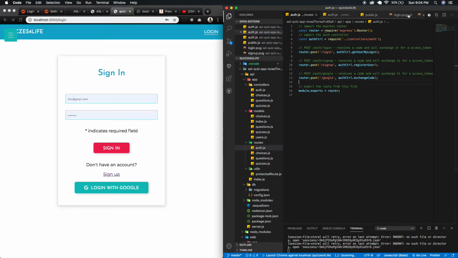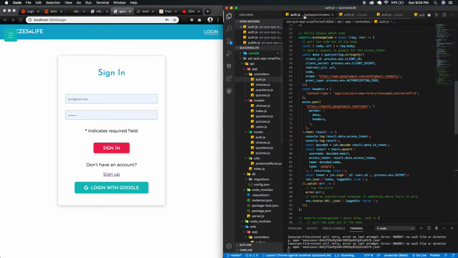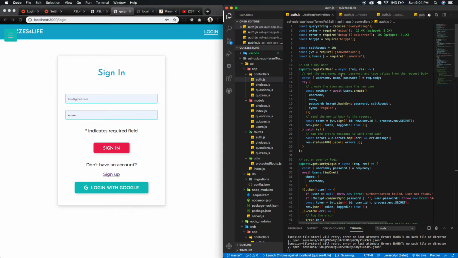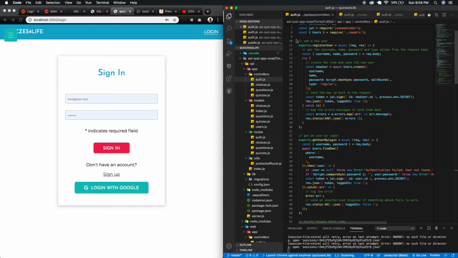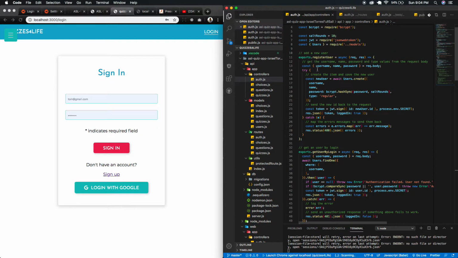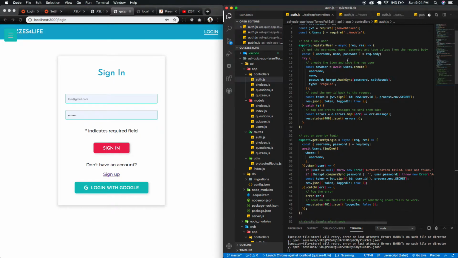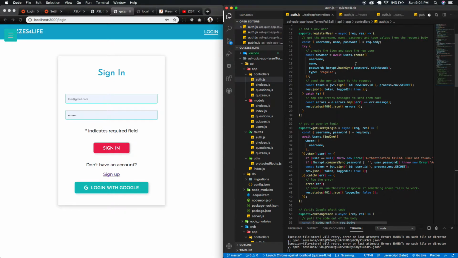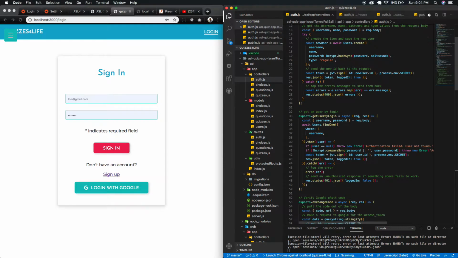And on my API side, I created the controller to register a new user. When I get the username, password and name from the body, I encrypt my password using bcrypt,